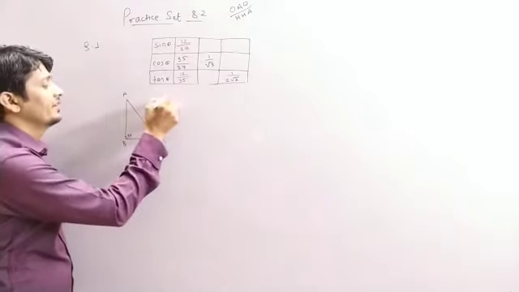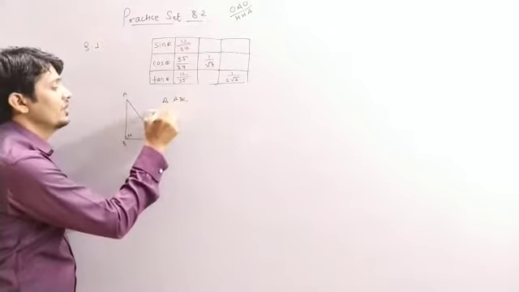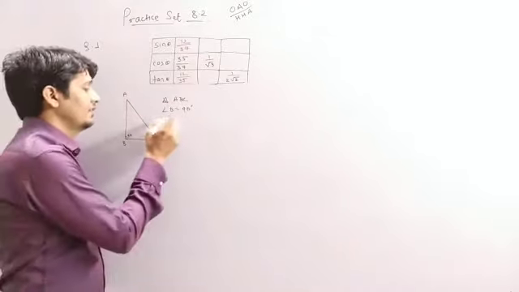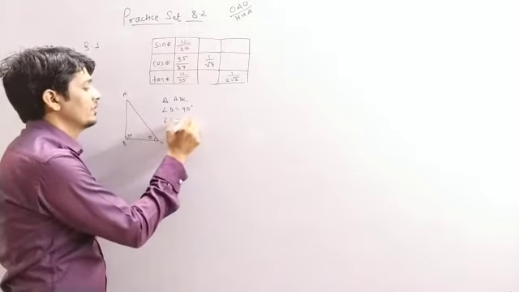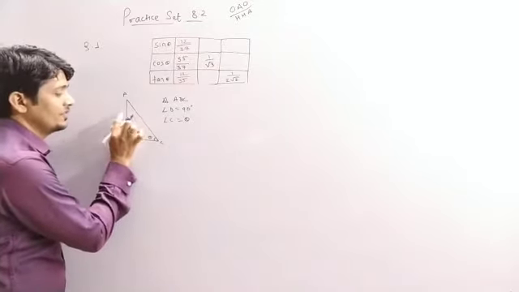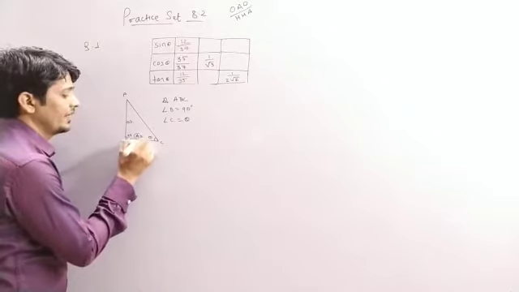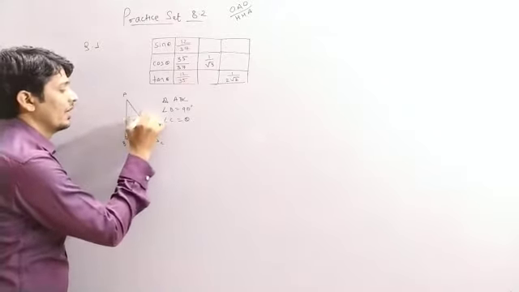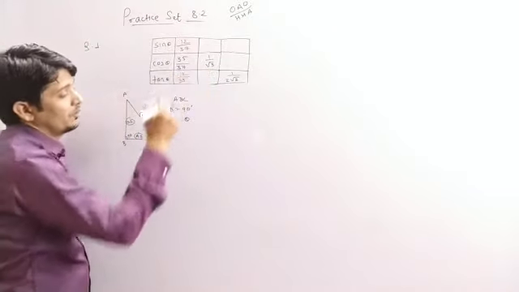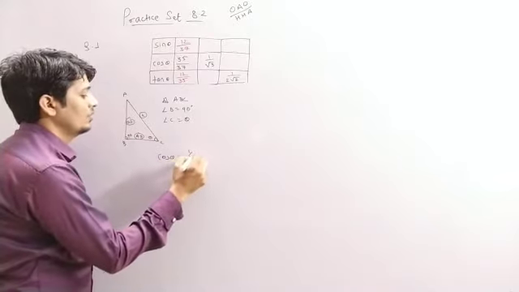So we can write right angle triangle ABC where angle B equals 90 degrees, then angle C is theta that we have considered. So for theta, this side will be the opposite side, this side will be the adjacent side and this side will be the hypotenuse. It is given that cos theta equals 1 by root 3.